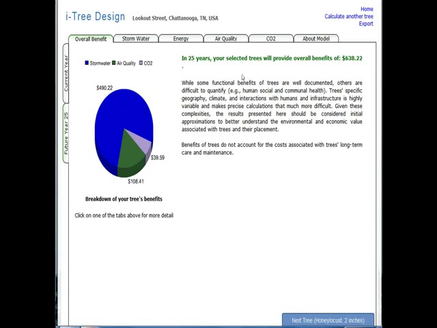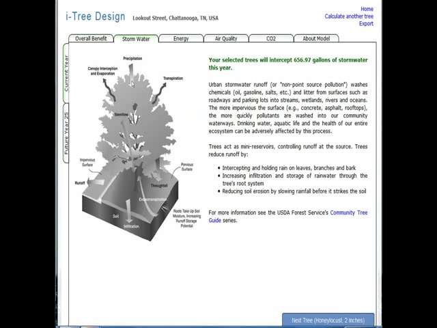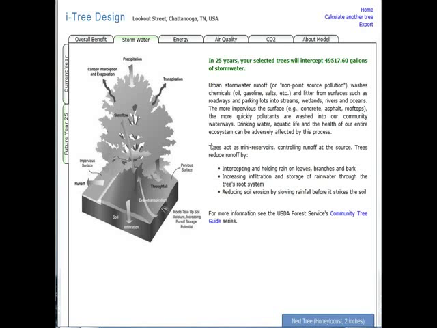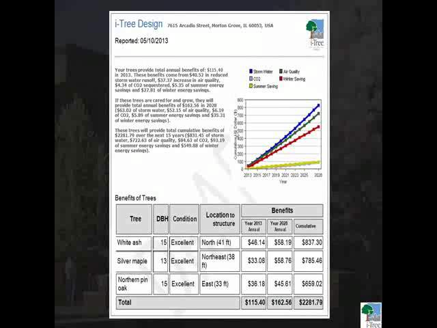And then also here again, it might not necessarily be the dollars, but what are those impacts in terms of, say, gallons of stormwater intercepted from current year to 25 year. That might be the thing that people might say, hey, wow, this is great that we're planting these trees, but maybe there's some impetus now to manage these trees so that we can actually receive these benefits when these trees are mature. So again, just a nice way of using that tool to help advocate for management or grant writing